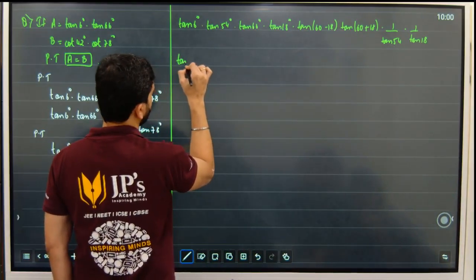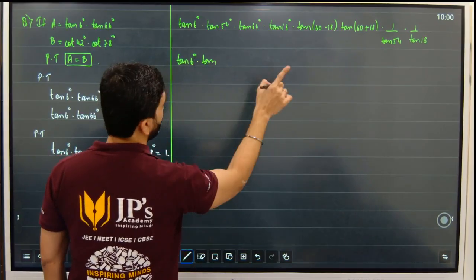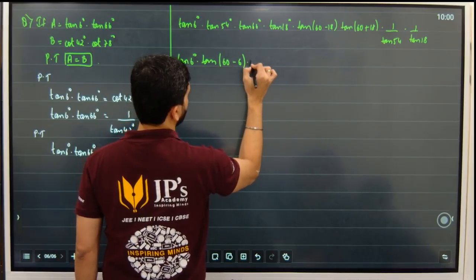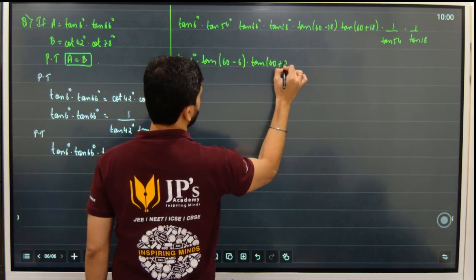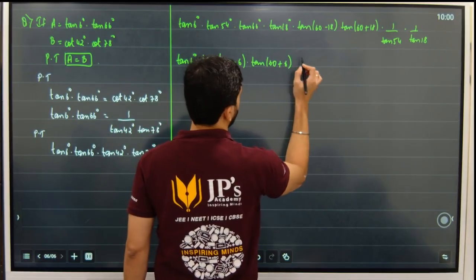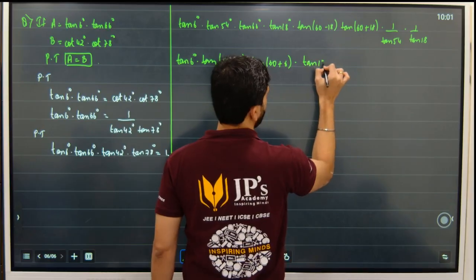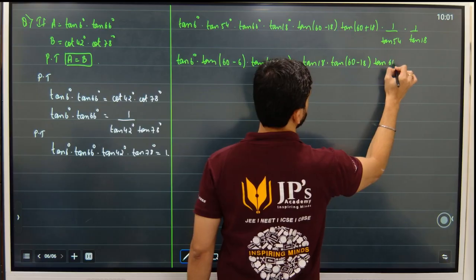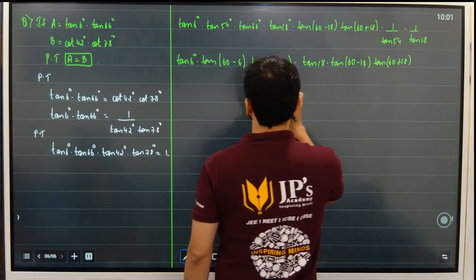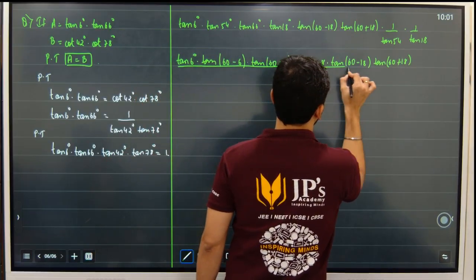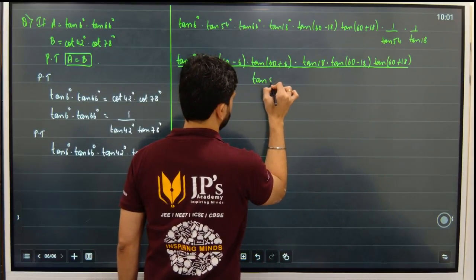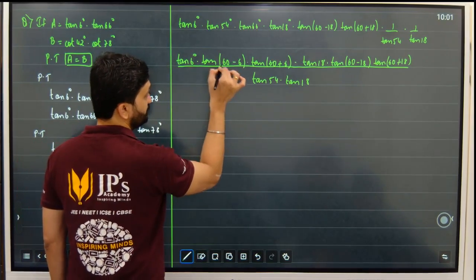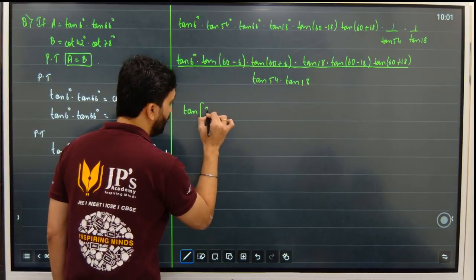So this will become tan theta into tan 60 minus theta into tan 60 plus theta, divided by tan 54 multiplied by tan 18. अब देखो ये क्या हो जाएगा, थीटा 60 माइनस थीटा 60 प्लस थीटा will become tan 3 theta